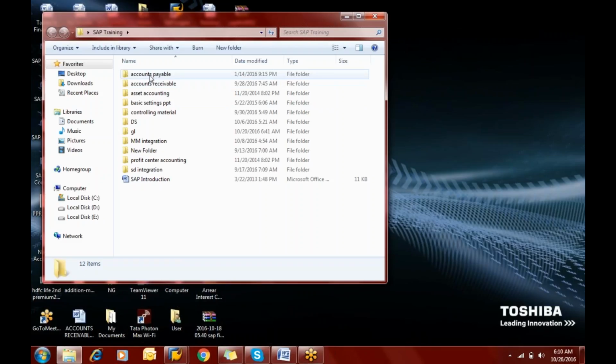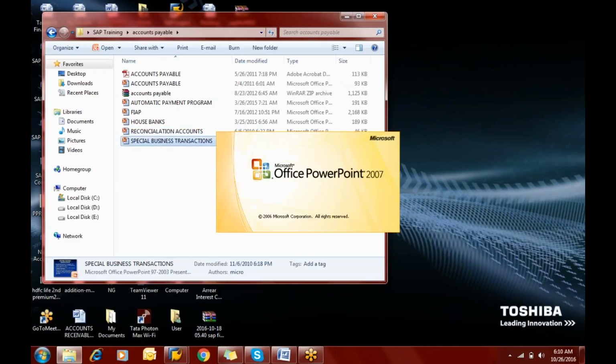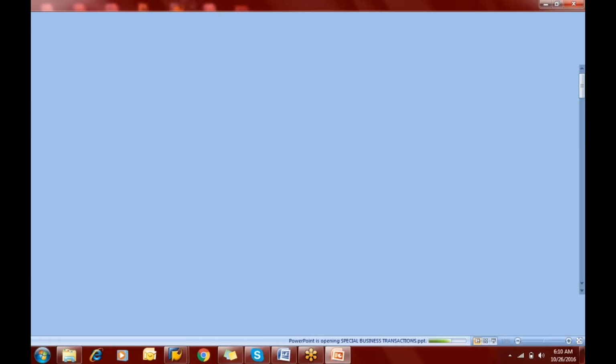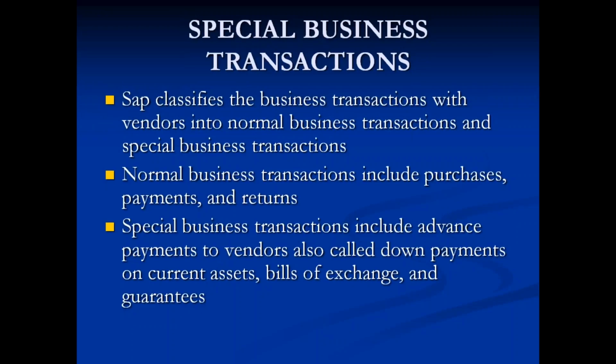So here we have special entries. Under the account payable, you will find a PPT with the name special business transaction. This is for the advance payment. It says that SAP classifies business transactions with the vendor into normal and special. Normal we consider as purchase, payment and return, whereas special